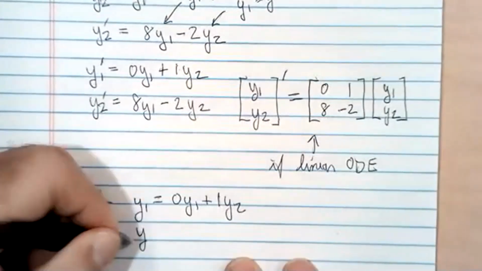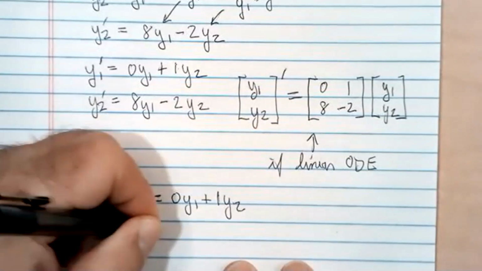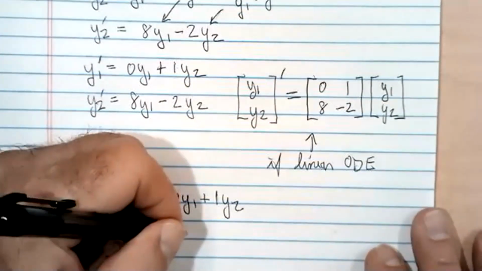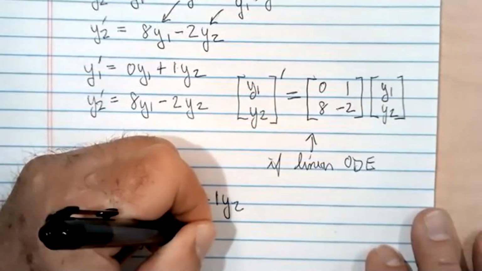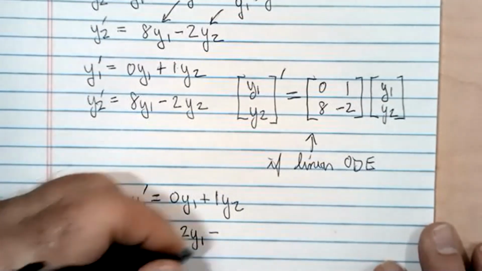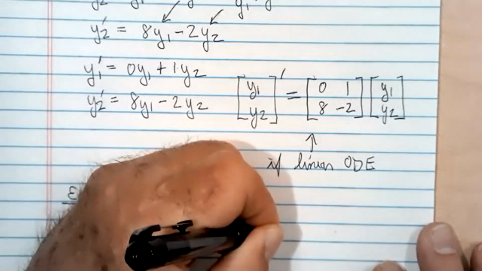But this one looks something like this, y2 prime, forgot my prime there, y2 prime is equal to, well, let's suppose it's 2y1 minus, how about this, y1 y2 plus